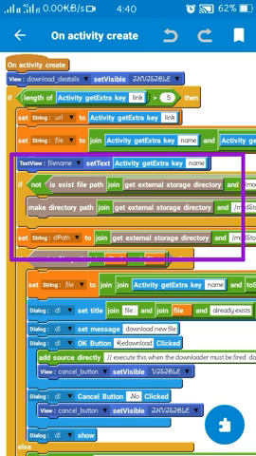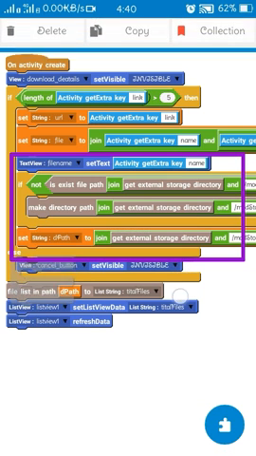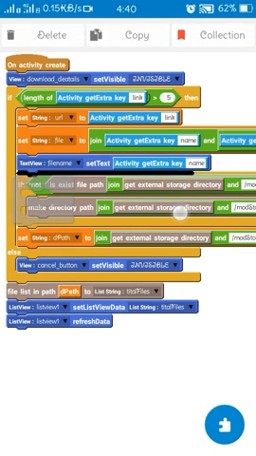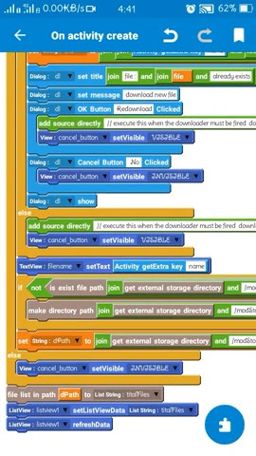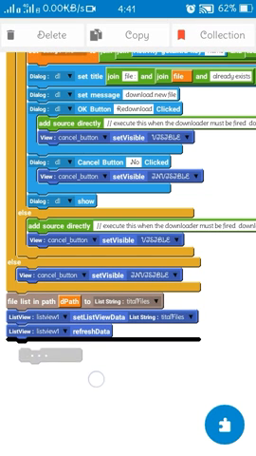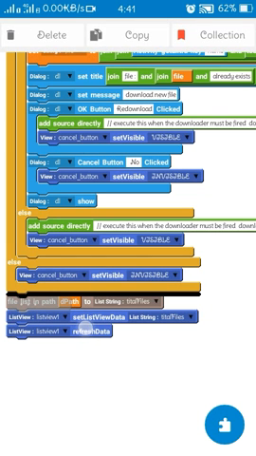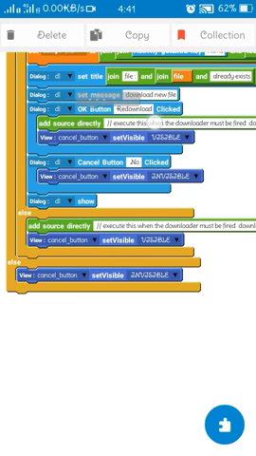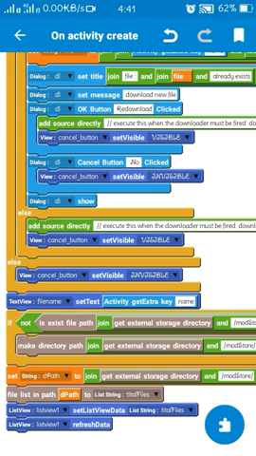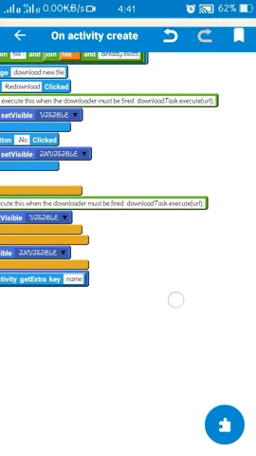Actually, we need to move these directory blocks also out of the if statements. Do it carefully. If we make a mistake, our app will not work properly.